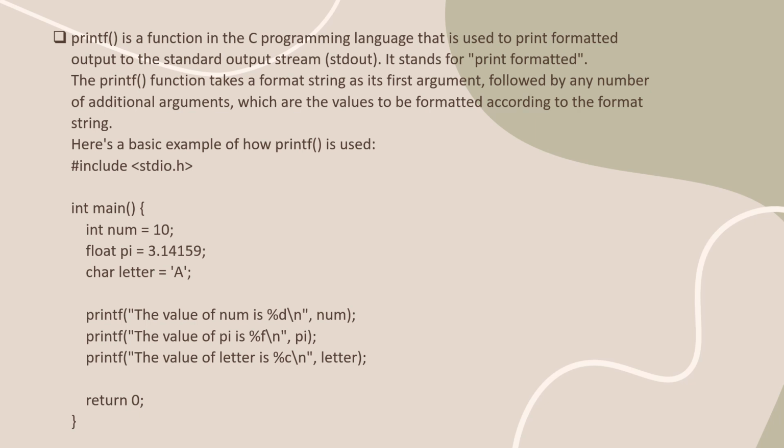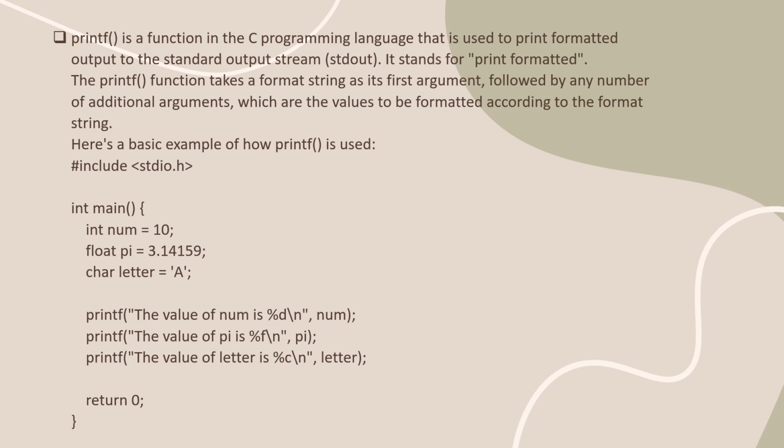First, #include <stdio.h>. It is a library header which contains the scanf and printf functions. And next we write the main function. In this program, we have taken a variable num, which is of int data type, a pi, which is of float data type, and a letter, which is of character data type. And using the printf function, we are printing those